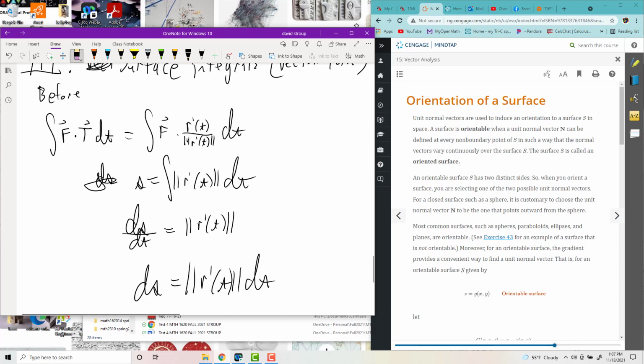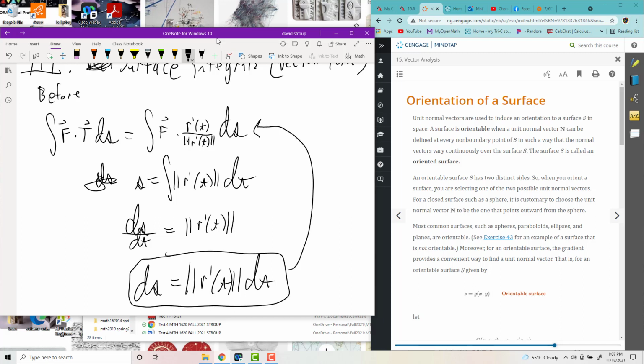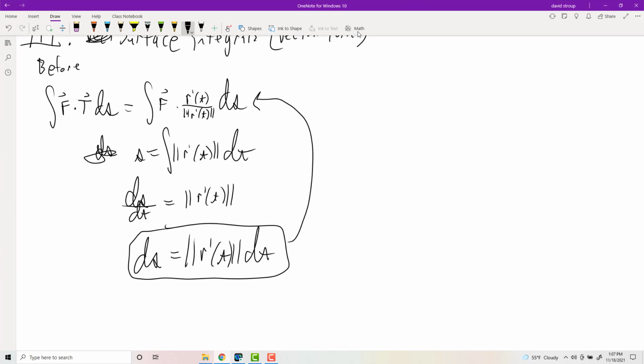This would be ds right here. Okay, ds like that, sorry, and then this would be ds. Okay, so plopping this in here gave us then the integral of f dotted with r prime of t all over the magnitude of r prime of t